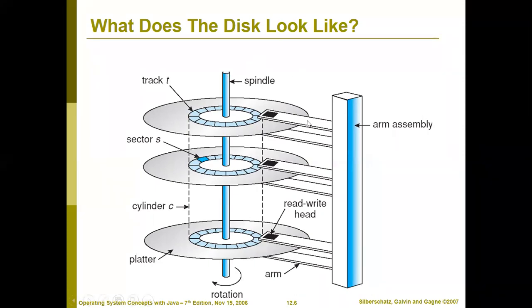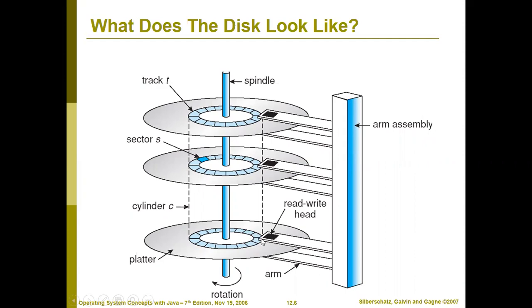Then this is the spindle. Spindle is a base which is holding all the disks, and all the disks will be circulating in this fashion. Now this is the disk arm, disk assembly, and read write head. You can move the read write head with the help of an arm. This arm will move back and forth, forward and backward. Only this arm is used to change the tracks. You are directly changing the different tracks from here.